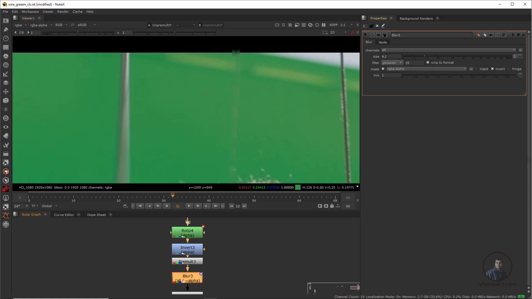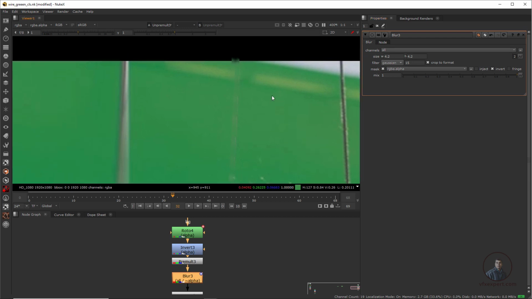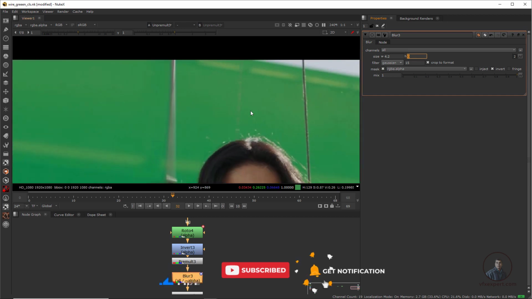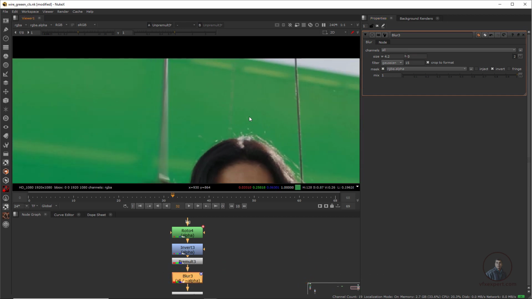click here. Then this is our value, 4.2. So if you want, you can simply click it here and type only in width or height here. So maybe this 4.2, just make it 0. So make this one 0. So now you can see the result here. Okay, so now this has been properly adjusted also.